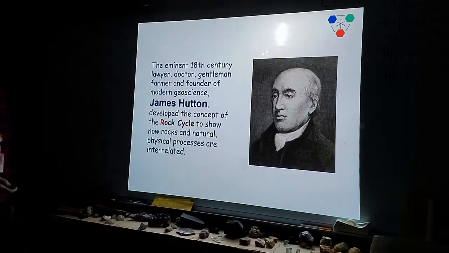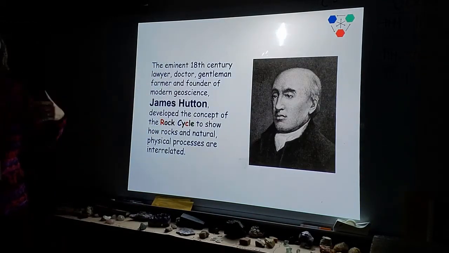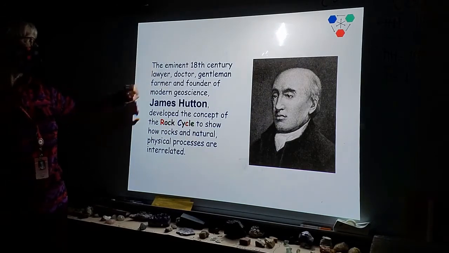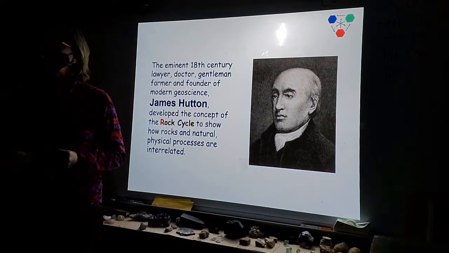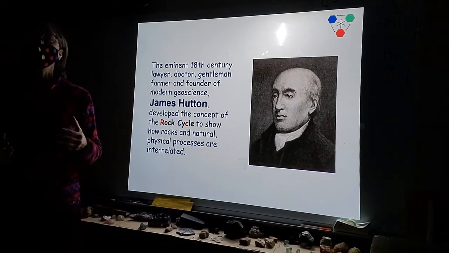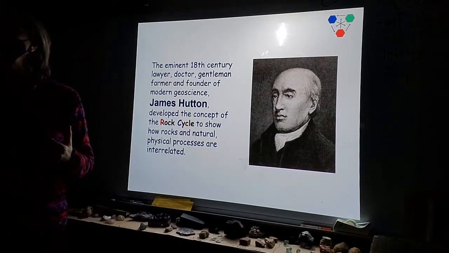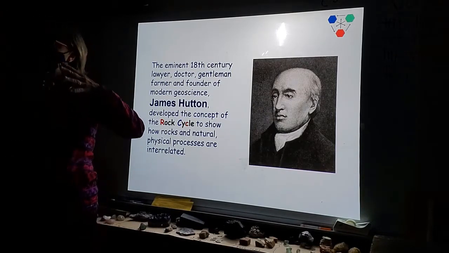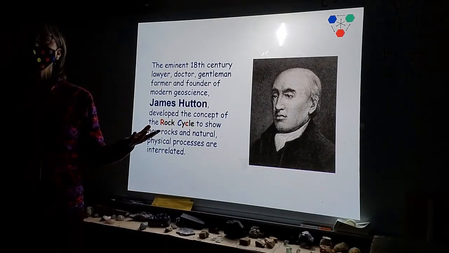All right, moving on. So here we have James Hutton. So he lived in the 18th century. He was a pretty bright man. He was a lawyer, a doctor, he was a farmer, and he was the father of geology. He's the father of modern geology. He's the one that came up with the rock cycle. He went to visit a place in Scotland, and he saw that there were cliffs and mountains, and he went, whoa,